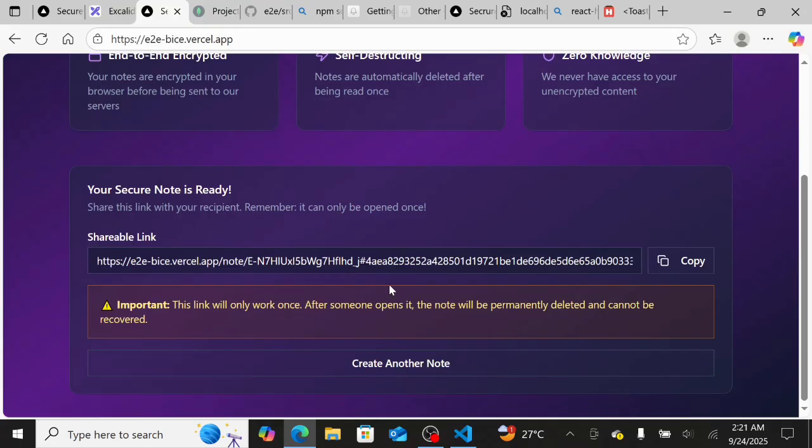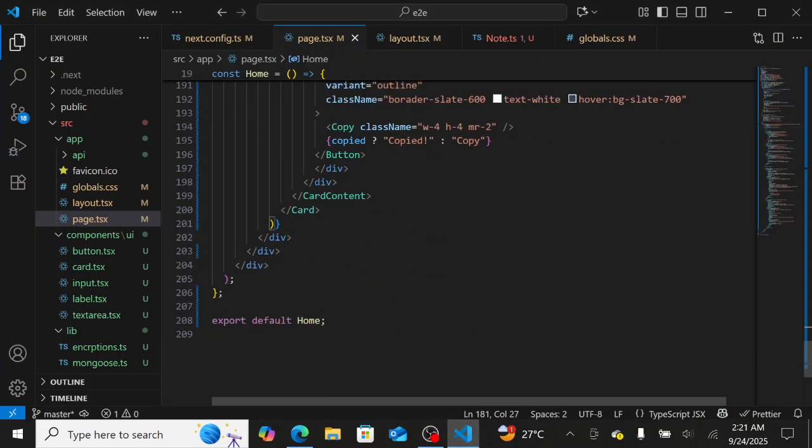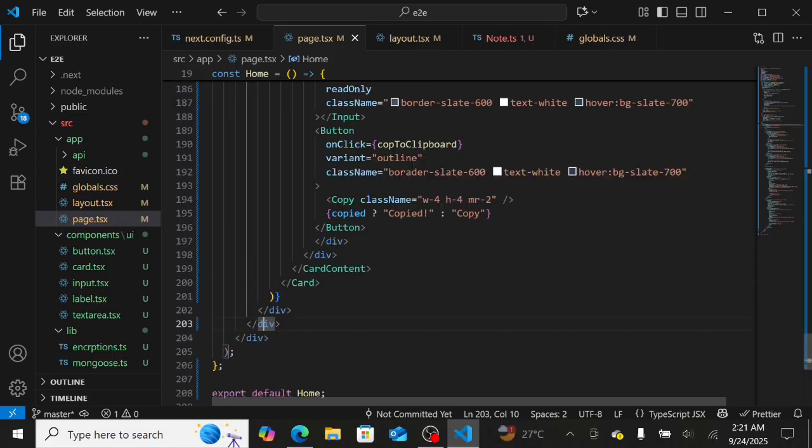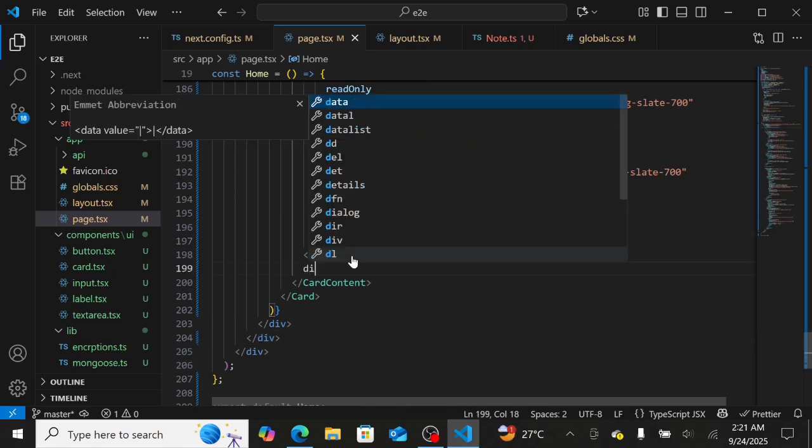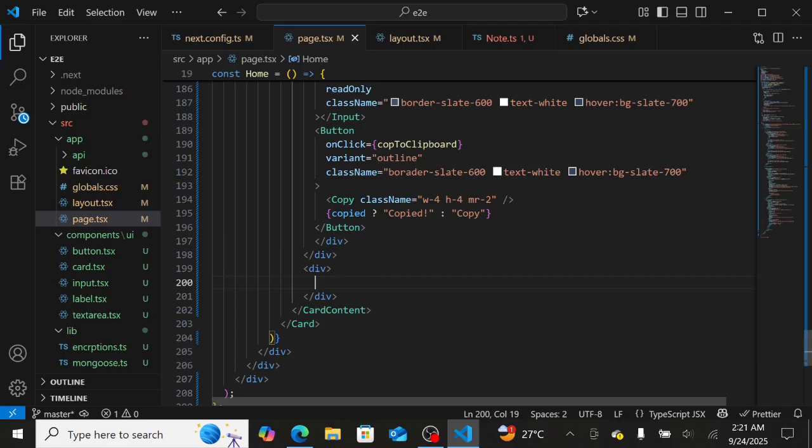Also I need to create another node here, which will trigger the reset form. So what I need to do here, basically, the div is completed. Outside of this is our button. I think I need it inside the card button. Yeah, it's good. Add a div here, and inside I need to add a paragraph here. The paragraph should be